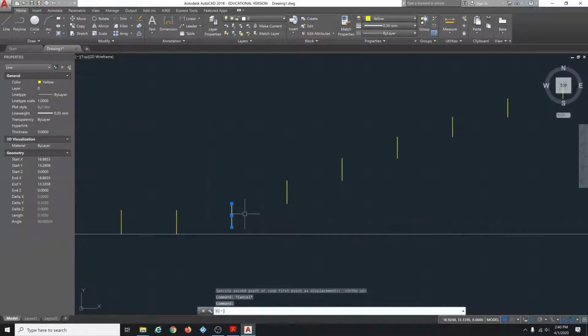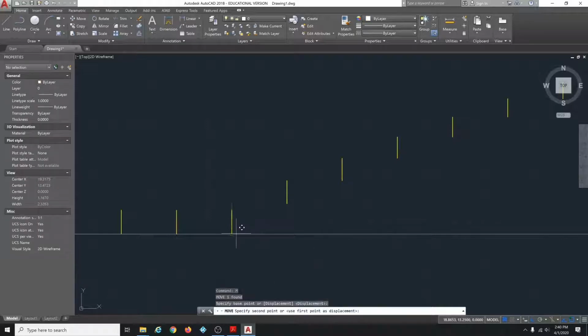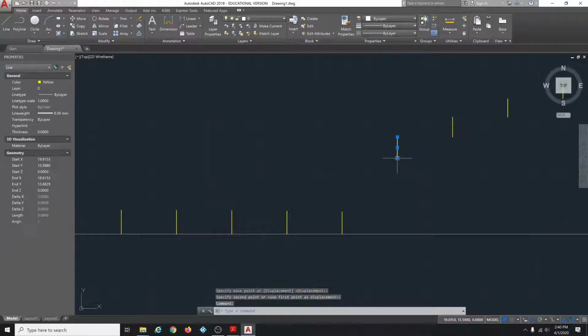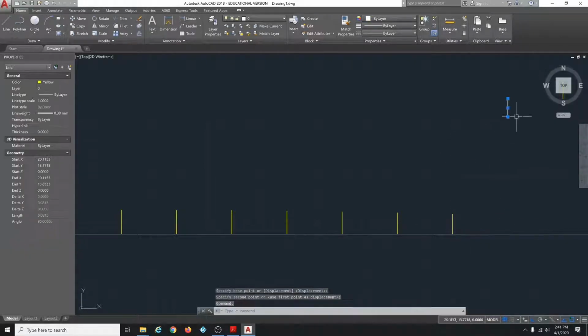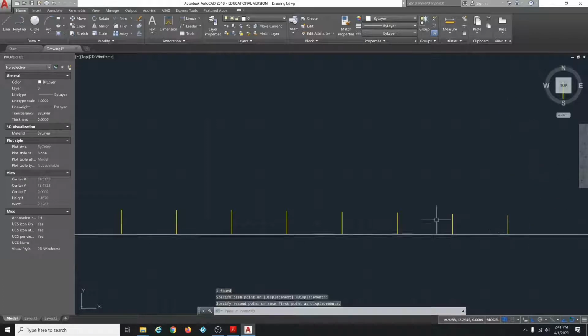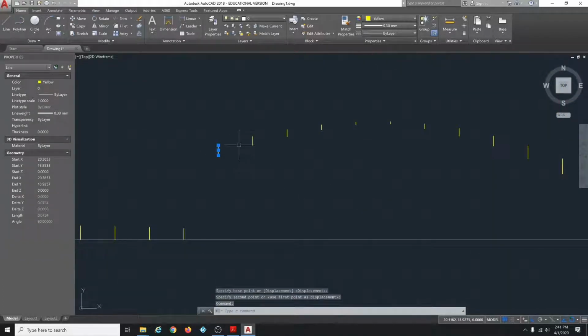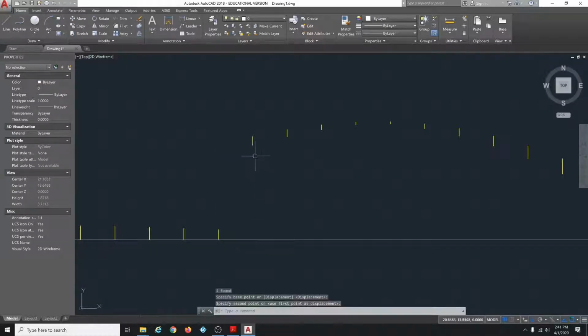So this thing, move, perp. This is really tedious, but like I said, it is good practice for